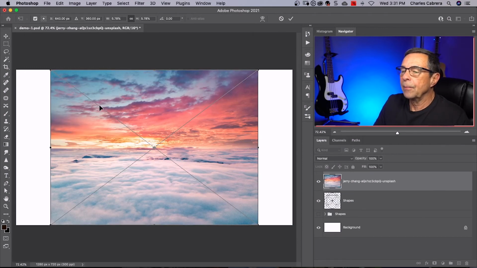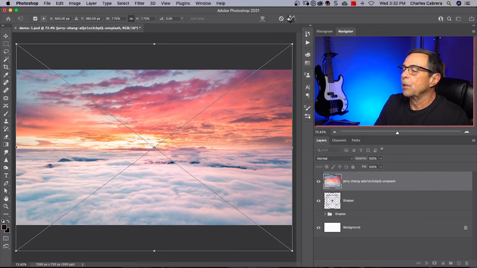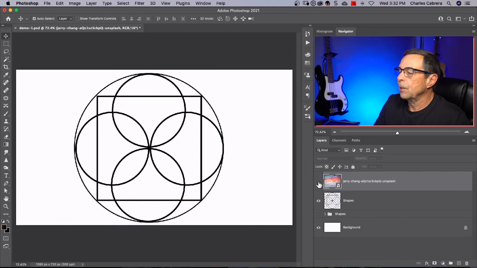into my project here. I'm going to make this a little bit bigger. Click my check mark. And right now I'm going to hide this image. And I'm going to select individual areas here, one at a time for right now. But I'm going to get the magic wand tool. And I have a 3x3 average, tolerance set to 32, anti-alias checked, and contiguous checked.